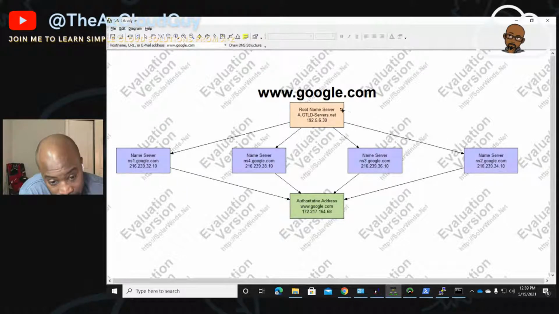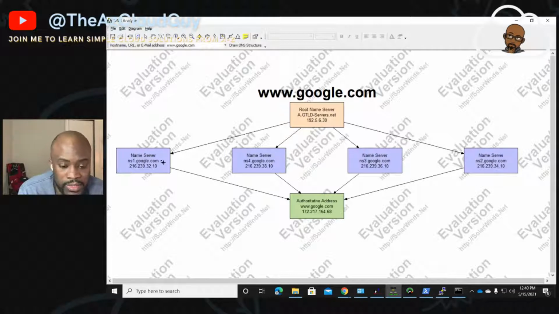So if we read this from my right to my left, your left to right, then this would read the root server.com. Then Google is the name server. I'm looking for a name server that houses Google's namespace. And what this root server is telling me is that, hey, these 4 servers here house this record. And the record I'm looking for here is www. So on each of these servers,